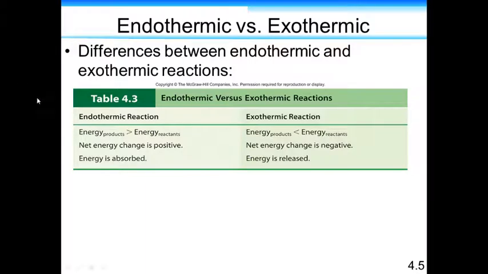Now the other type of reaction we haven't mentioned really is an endothermic reaction. You could think of the energy coming indoors, and that kind of works. So that's when the energy of the products is actually higher than the energy of the reactants. Say we tried to make petroleum or gasoline out of water and carbon dioxide. We would have to put a lot of energy into that in order to create these high potential, high energy